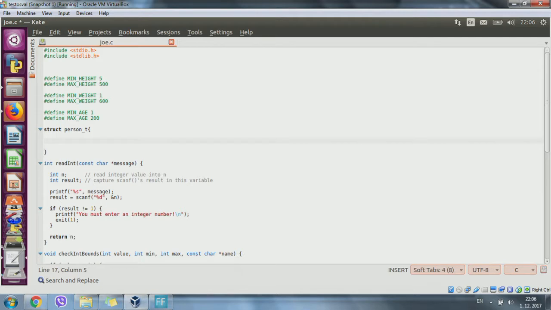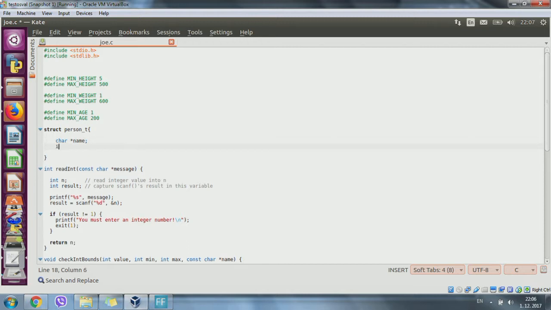Inside of this, we are going to put one char. It could be a string, but in this char, let's put one pointer. This pointer is going to be the name. Once we have the information of name, we can put the rest of the integers. Integers with the age, also,